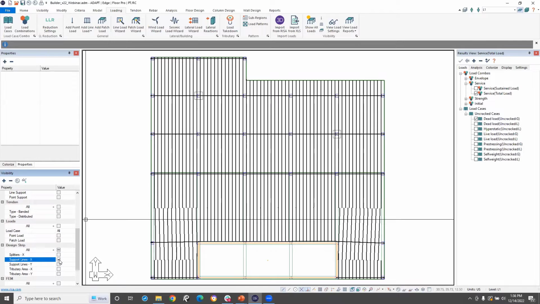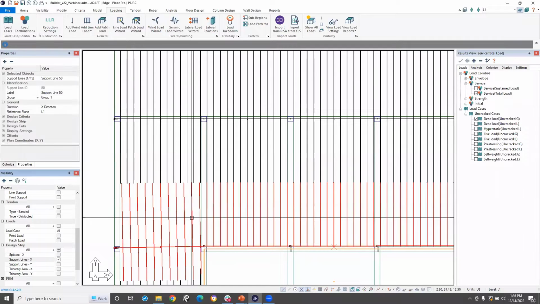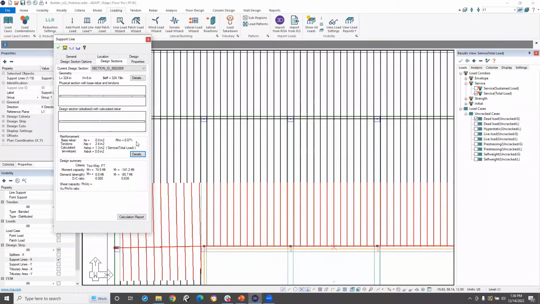I have some tendons in here. It's missing some things, so we're going to go ahead and start adding those. We'll get into that. But for the new minimum rebar calculations, if I double click on a support line, a lot of you are probably familiar with this section cut